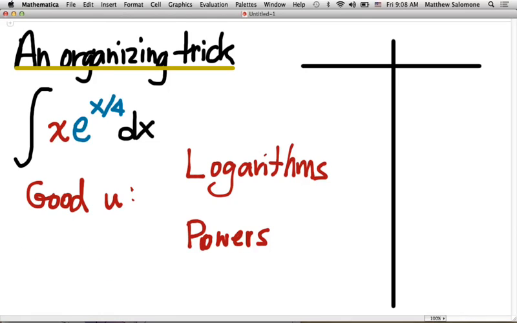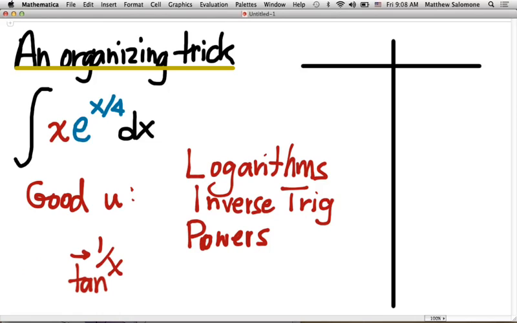Another great choice for u is one that we haven't really explored yet. Maybe you did a little bit in Calc 1. But inverse trig functions, arcsines, arccosines, arctangents, is another example of functions which, when we take their derivatives, they change their stripes. So, for instance,